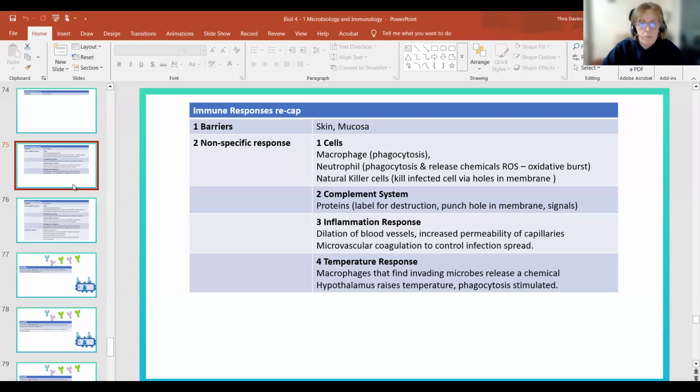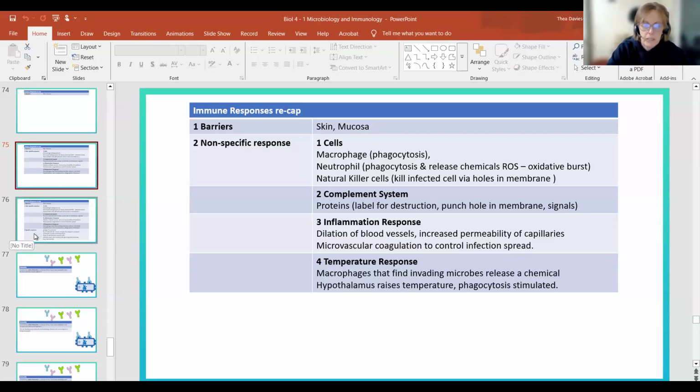And the fourth part of the non-specific response that we mentioned was the temperature response. So our temperature is increased because the macrophages that are finding these invading microbes release a chemical which is picked up by the hypothalamus, which will then raise the temperature. And that raise in temperature increases phagocytosis. So it increases the engulfing of pathogens, this temperature rise. So 4 things going on after those barriers have been breached that try and hopefully contain the pathogen that somehow